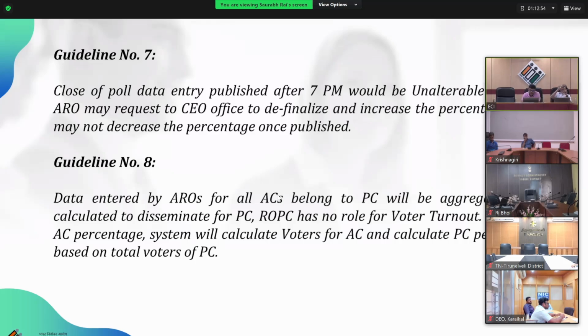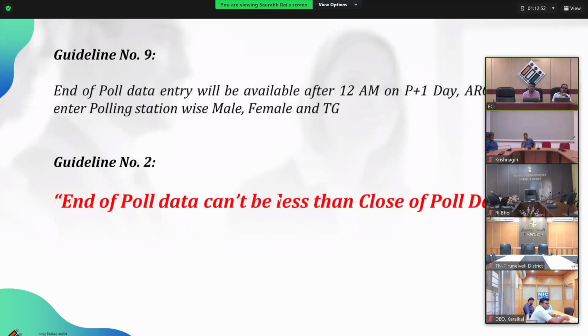Now coming to the next, the end of poll data entry will be available after 12 a.m. on P plus 1 day. ARO needs to enter polling station wise. That is similar to the previous. Not only this, once your polling party would be coming back,